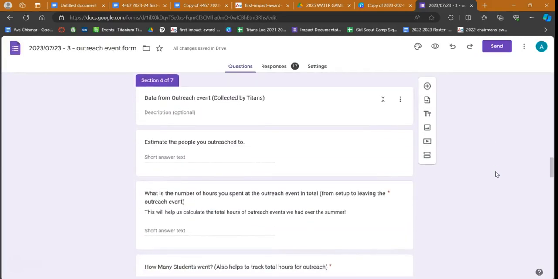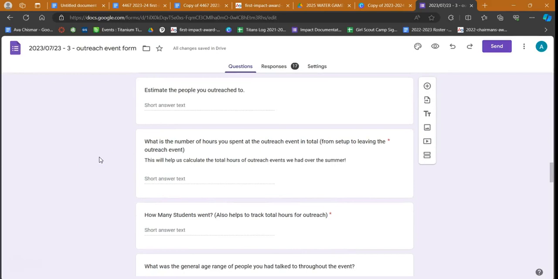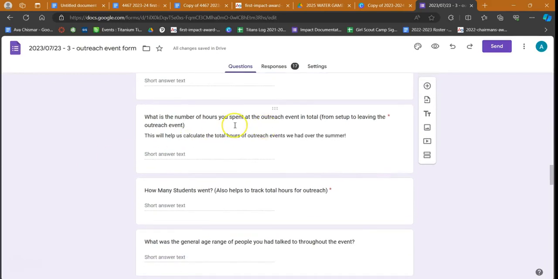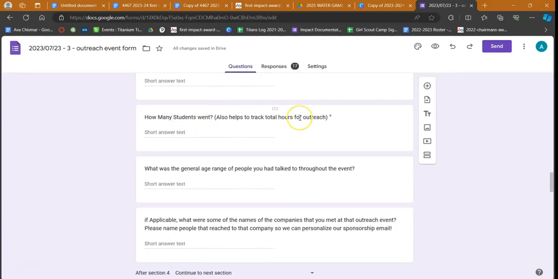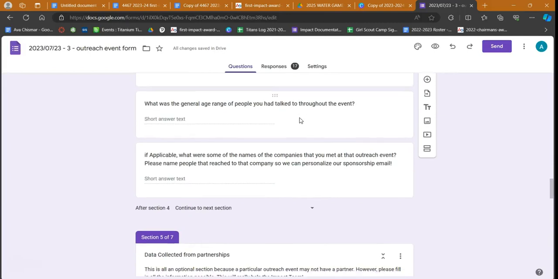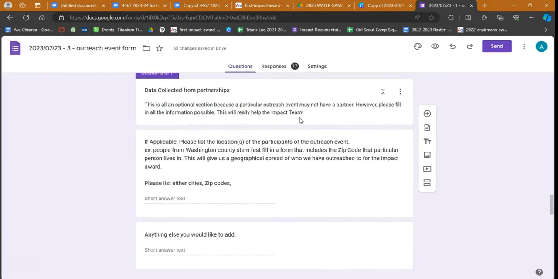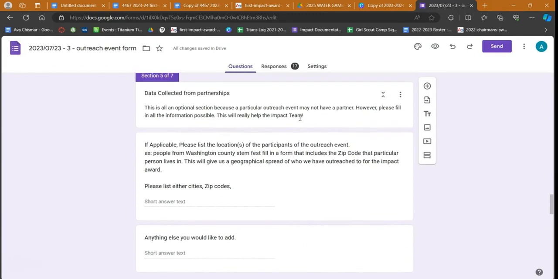This one is from all of the outreach events that we host. This is how many we outreach to, how many hours did we spend from setup to leaving the event, how many students went, again, tracking general age range, so then we can see who all did we target, if applicable names. This one is more about where was our geographic spread, because Impact loves to see that you are not